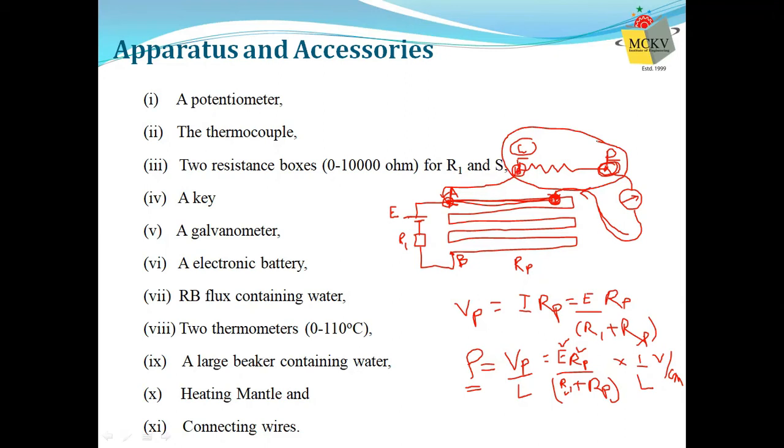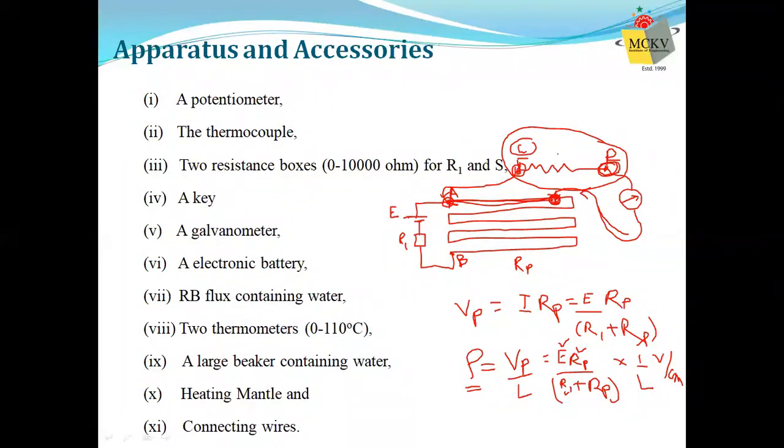Remember, a voltmeter was drawing a current from the CD circuit, and that is why the voltage was less than the true voltage. But this galvanometer, this is the balanced condition. This galvanometer is drawing no current. So the potential drop across the potentiometer wire is the same as the potential drop across the CD point, which I want to measure.